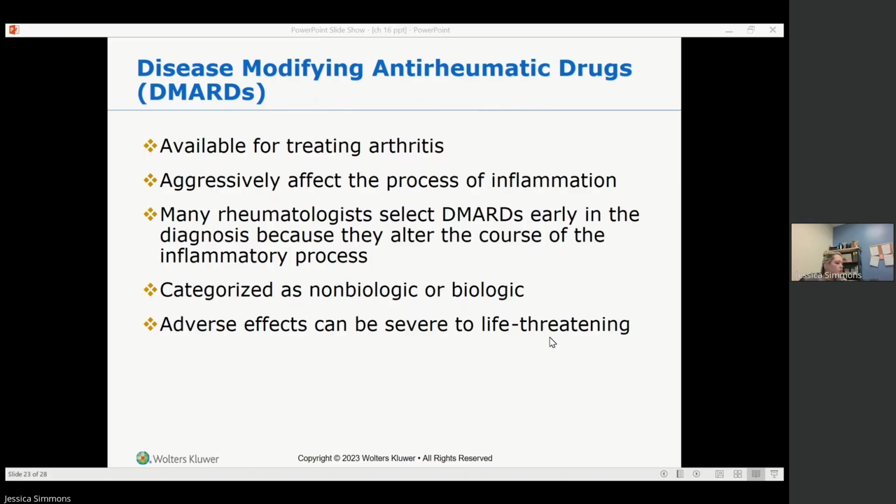The tumor necrosis factor blockers, these are, if not all of them, yeah, all of them are either subcutaneous or IV. A lot of us, we've heard about Humira. We've seen a lot of commercials about this because RA is an autoimmune disease. That's why DMARDs are very popular. And they can be subcutaneous every other week. It could be monthly, it could be weekly. It just depends on the drug.